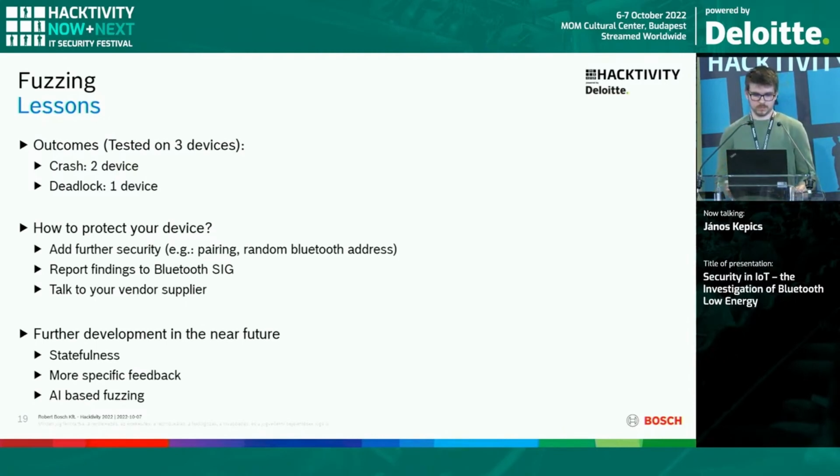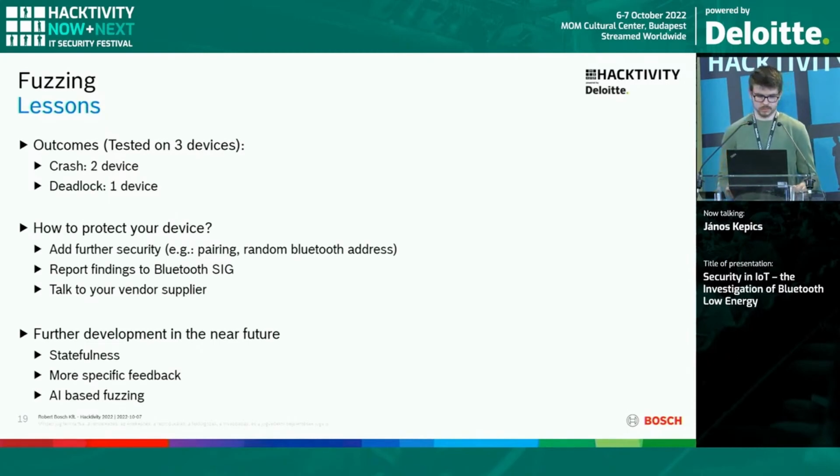And one of them deadlocked, which meant that the device stayed in a connection state after terminating the connection from our side, so it couldn't recognize that the connection should have been